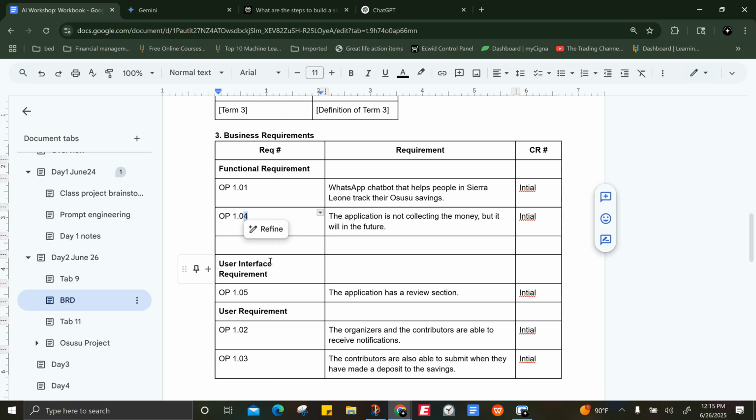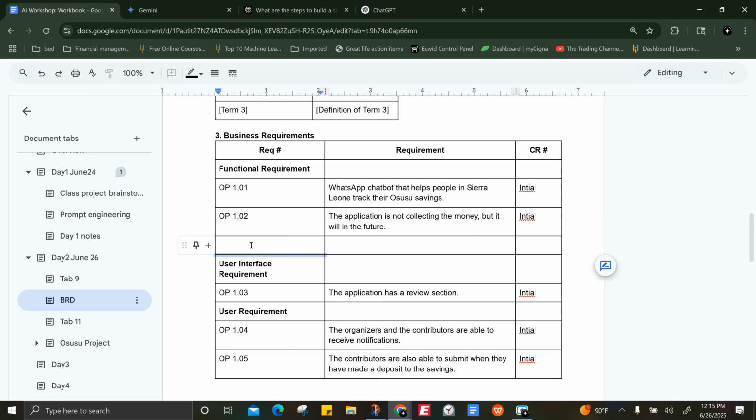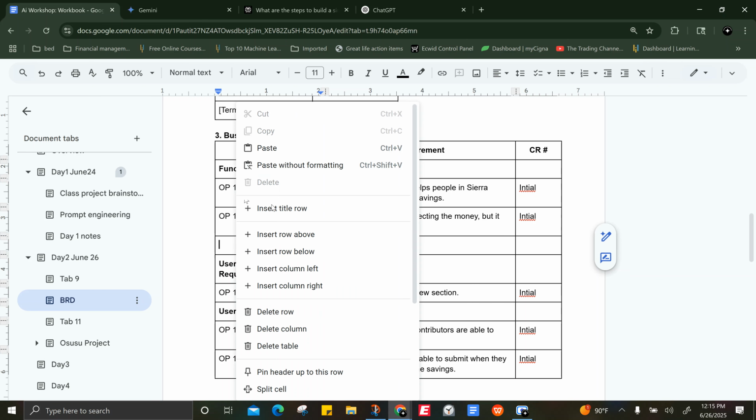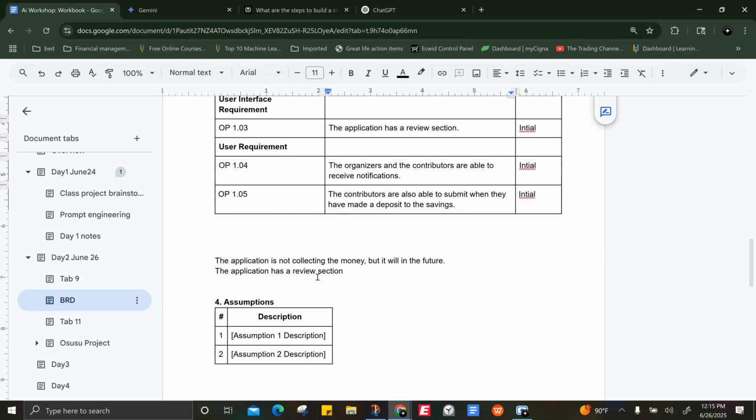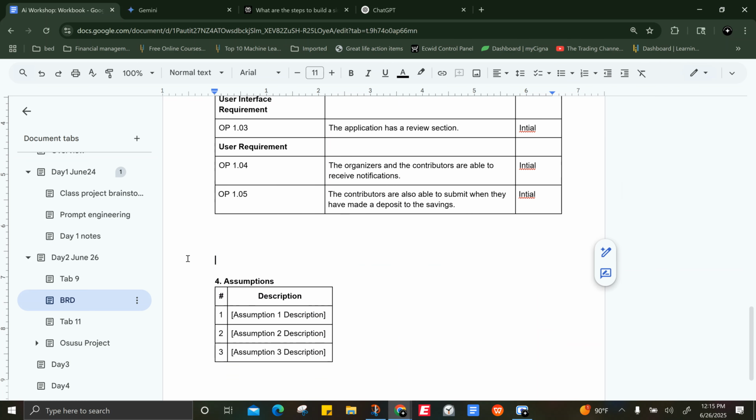So now, since we're just doing this for the first time, I'll just change the numbers. This is just like a quick requirement document. This is good for project management, so at least we have something to say, okay, this is what it's about, for clarity. And the application. So now with this one,